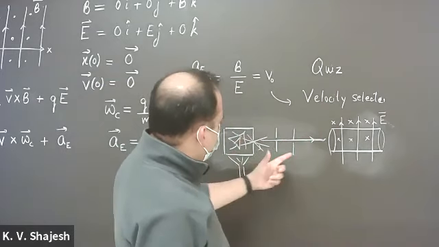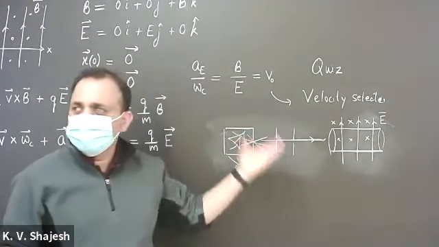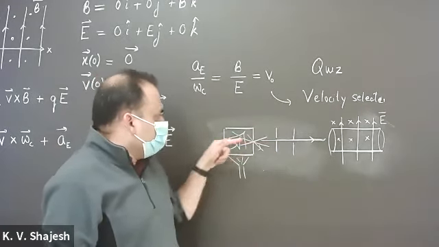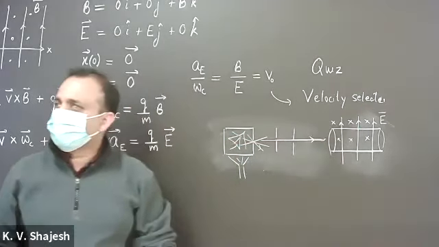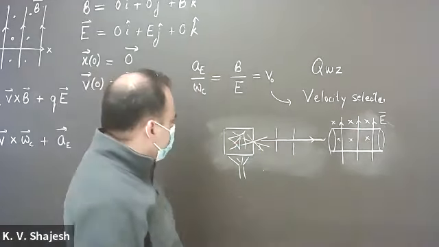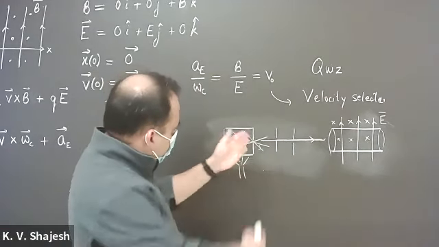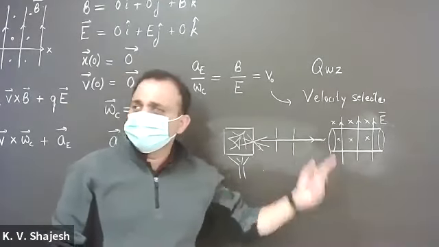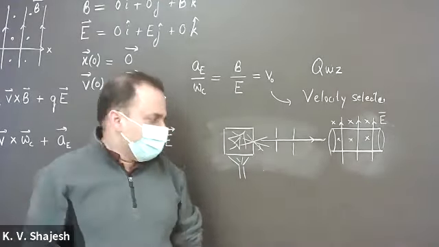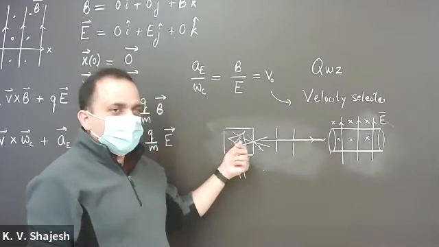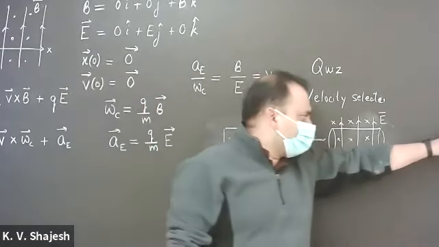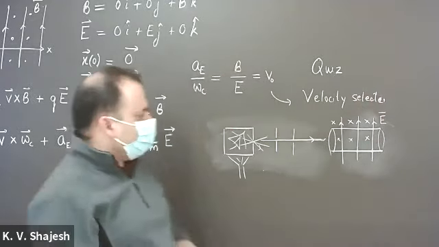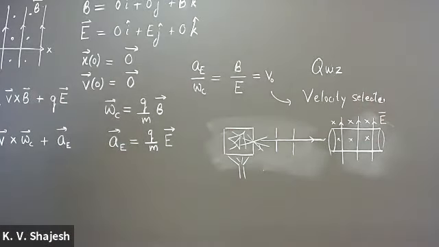Then you make a collimator, which is basically a metallic plate with a hole in it so that only the charges going in that direction come out. It's a pretty straightforward setup to prepare, except that alignment might take some effort. So you get a beam of charges moving with random velocities, because one could be slow and one could be fast. And for an experiment you want to do somewhere to the right, you would like very specific